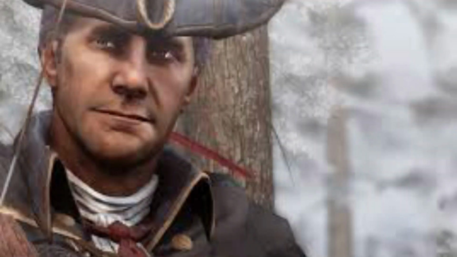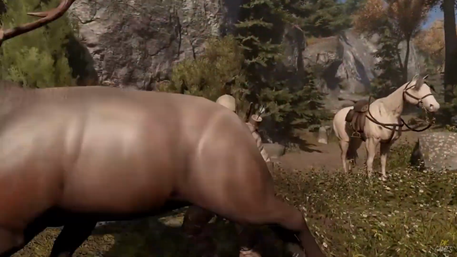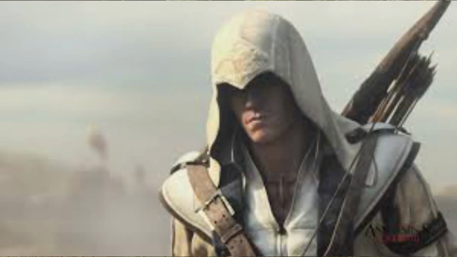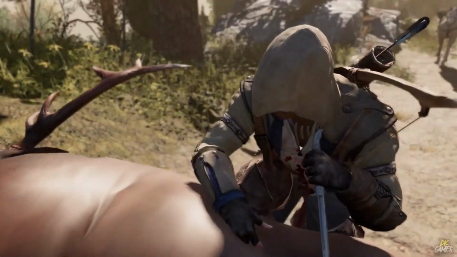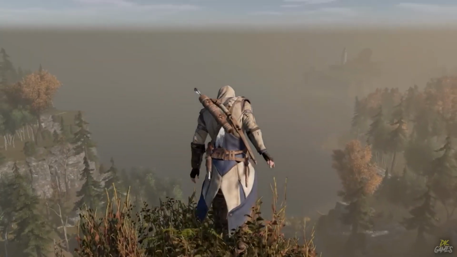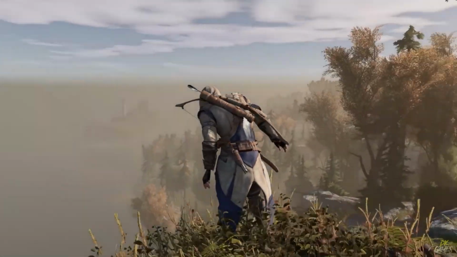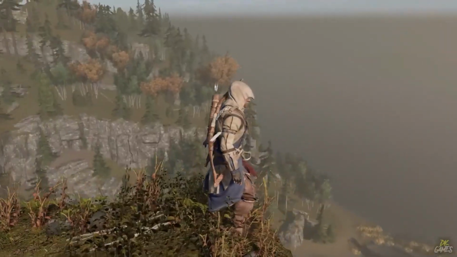Haytham Kenway guides us through the years 1754 to 1755, and then we shift the narrative to his son, Ratonhnhaké:ton, also known as Connor, beginning in 1760. By 1769, an older Connor has begun his training, and the game concludes with the peak of the journey in Assassin's Creed 3, which takes place in 1783.